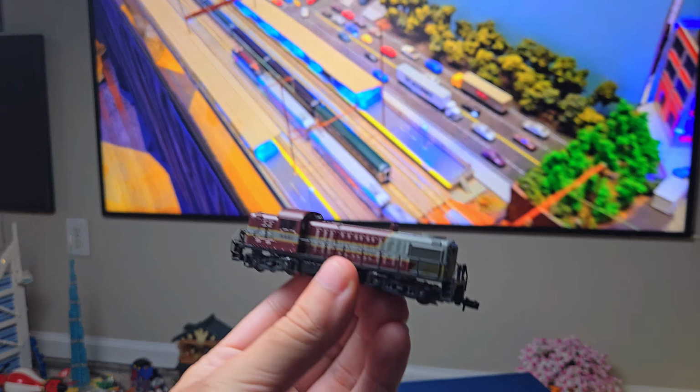I have another engine that's similar to this, but it's like blue on blue. I don't think it's an Atlas. I think it's something else. But this one spoke to me, and it was only $40. It was $80, but then he marked it off. Where's the...